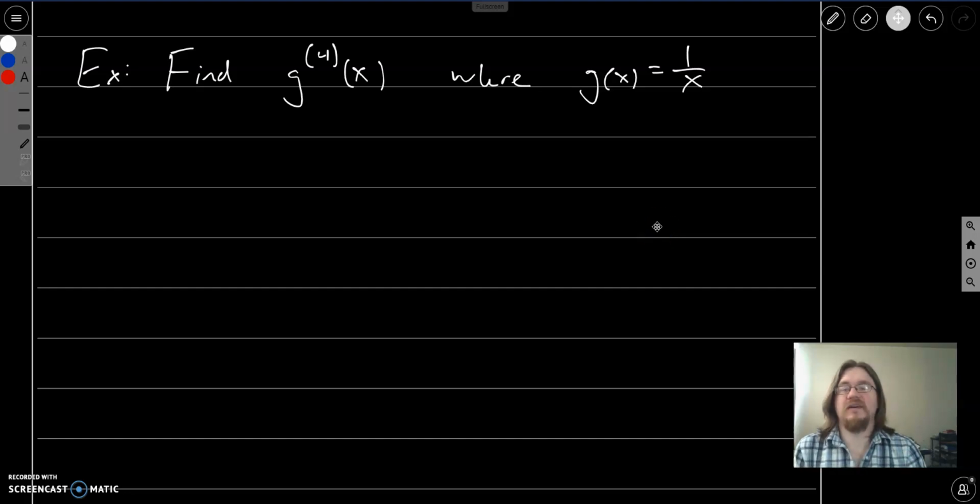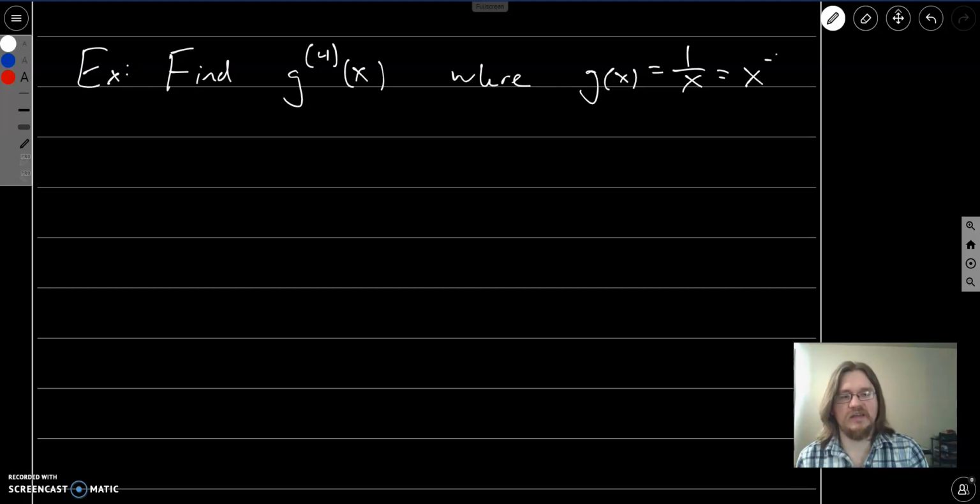Hello and welcome back. Let's continue looking at some higher order derivatives. So here you see our first g. This number up here does not mean g to the fourth power. It means the fourth derivative of g. It's written in parentheses so that we know that we're not taking g times itself 4 times, but it means something slightly different. So here, g of x is just going to be 1 over x,